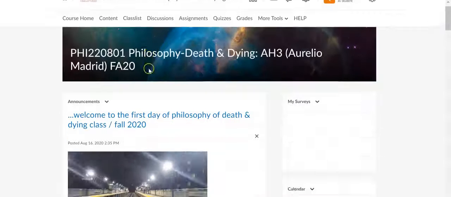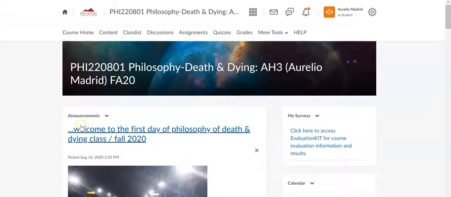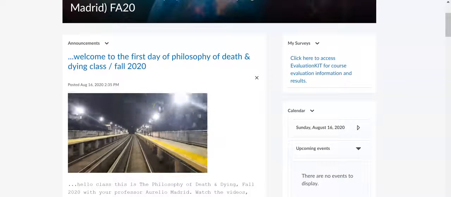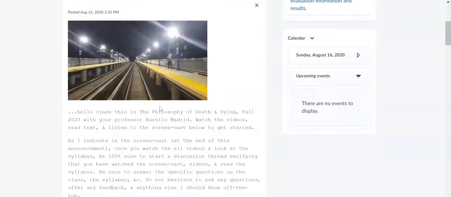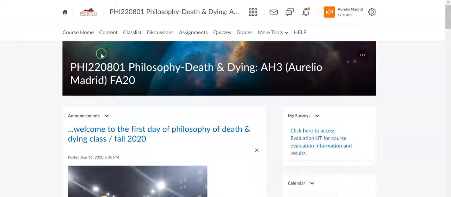Then let's go back to our home page. This is, as I have said, our home page again. And I have an announcement here, and I will frequently have announcements, but what we want to think is that this tab right here is the hub of the class. So this is where we're going to start out usually.